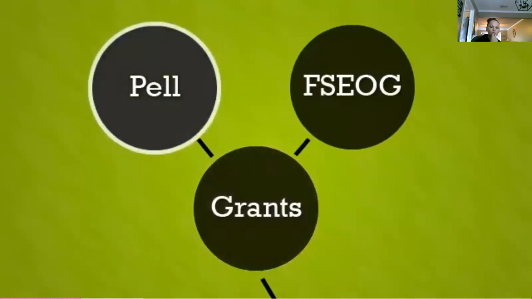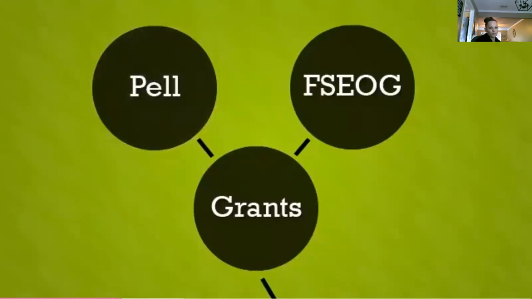The Pell Grant is probably the most common type of public grant. Pell Grants are funds made available by the federal government as part of your overall student aid package. Pell Grants are need-based, which means that they're available to low-income students and based on the amount of the student's expected family contribution, or EFC, the cost of the school, whether you attend full or part-time, and whether you attend for a full academic year. Remember, these grants must be paid back in full or in part if you withdraw from classes during the semester the grant was for. When you complete the FAFSA, you are automatically applying for a Pell Grant.